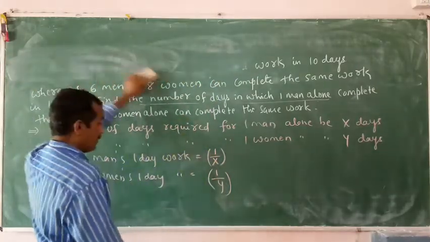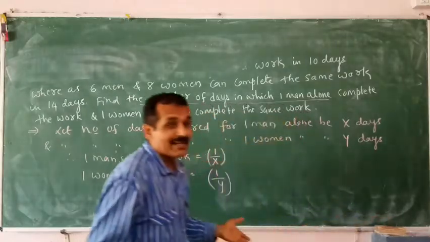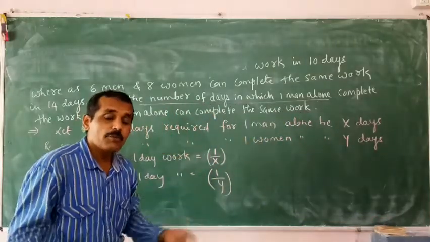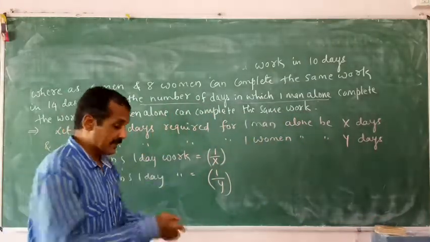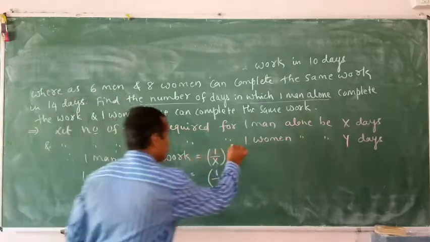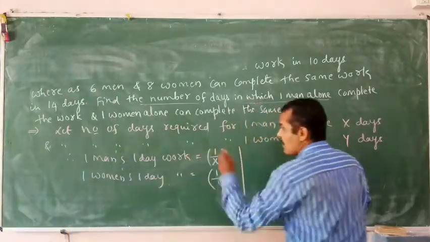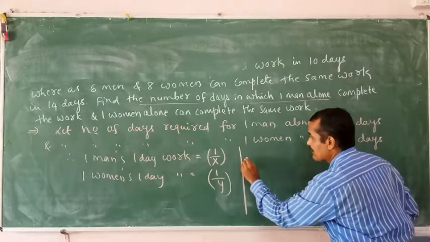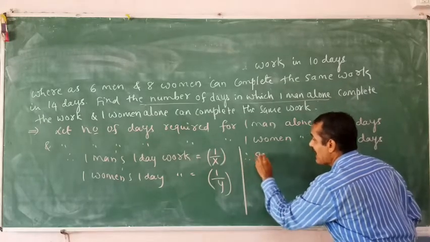Now, first condition. How many men are there? 8 men are there. How many women are there? 6 women are there. Okay. Now I will write here only. One man's 1 day work. I will complete here. Therefore, 8 men,